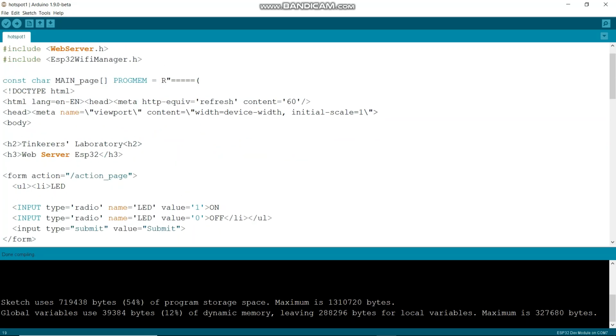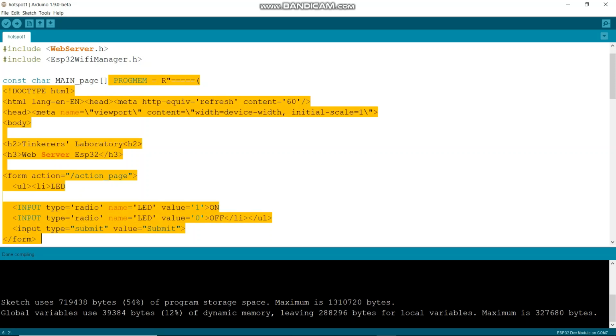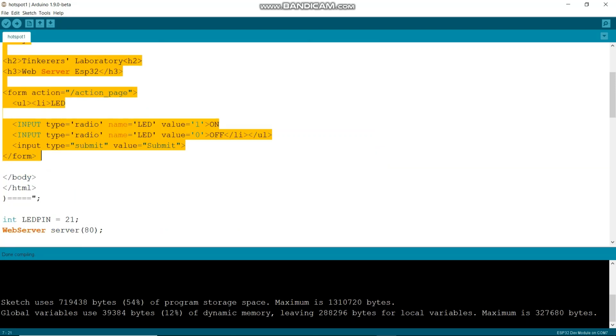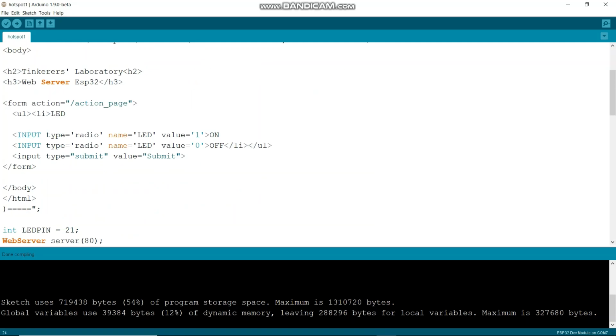Coming to this, we define a string, a character array, like this main page, and from here we define the whole string. This is the programming syntax. Then from here you just write your HTML code, which is pretty simple. You can also copy it from anywhere on the internet if you don't know how to write HTML code.